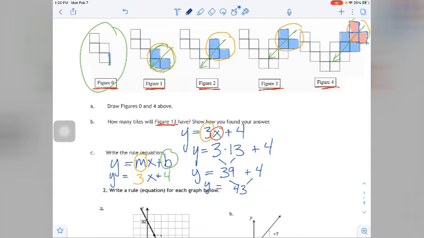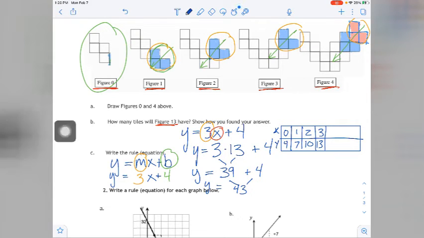There were other ways to solve this. A lot of students did a table, and they would just draw the table out, and that would have been just fine. Some students drew out the entire table. Some students started at figure 0. If we knew the x for the figure number and y for the tiles, they said figure 0 had 4, figure 1 had 7, figure 2 had 10, figure 3 had 13,